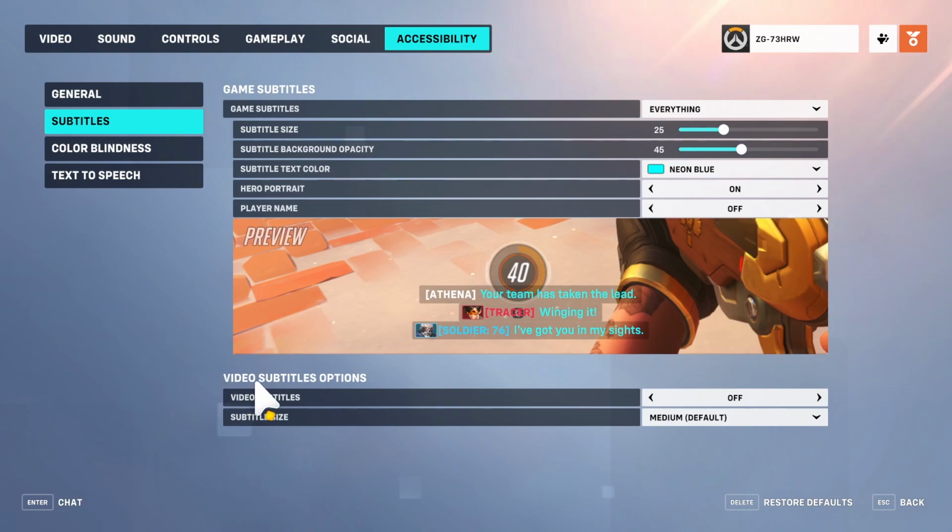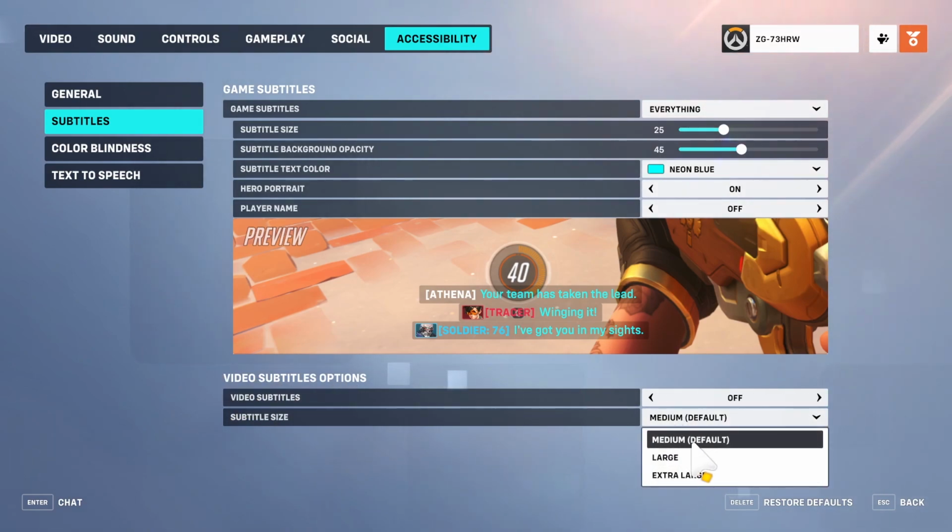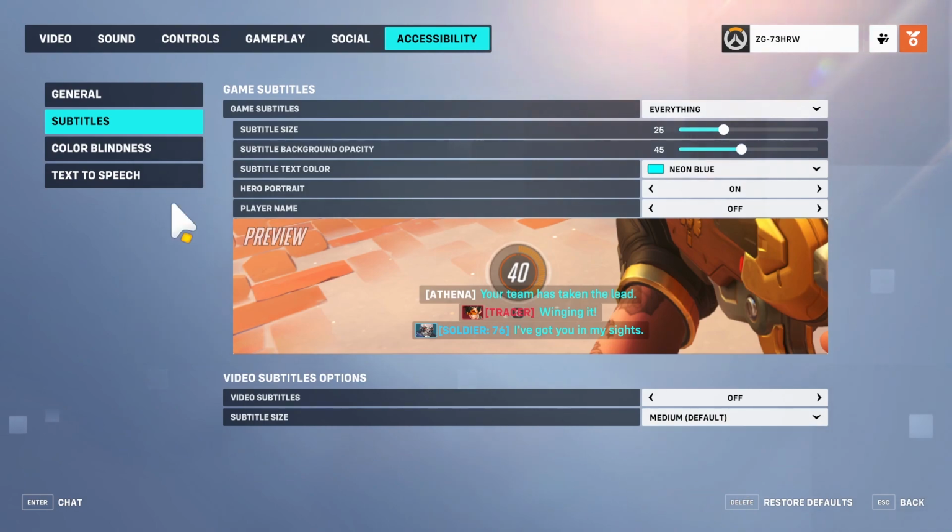And here also there's video subtitles options which you can turn on and off, and adjust their size with medium, large or extra large. And that's it for this